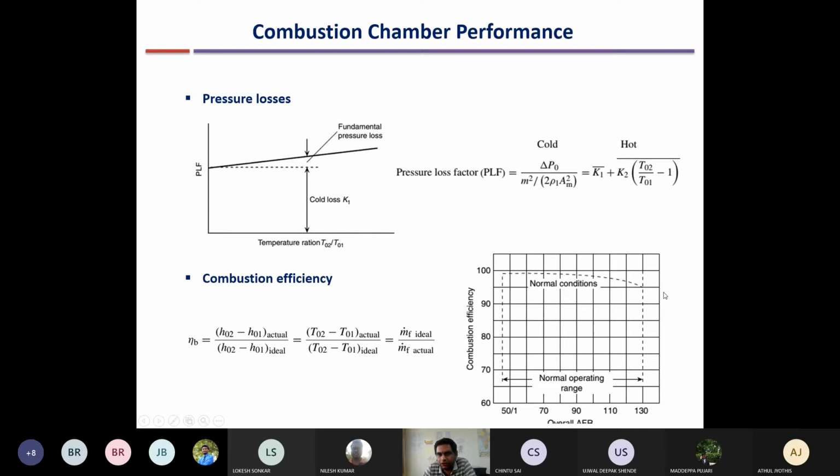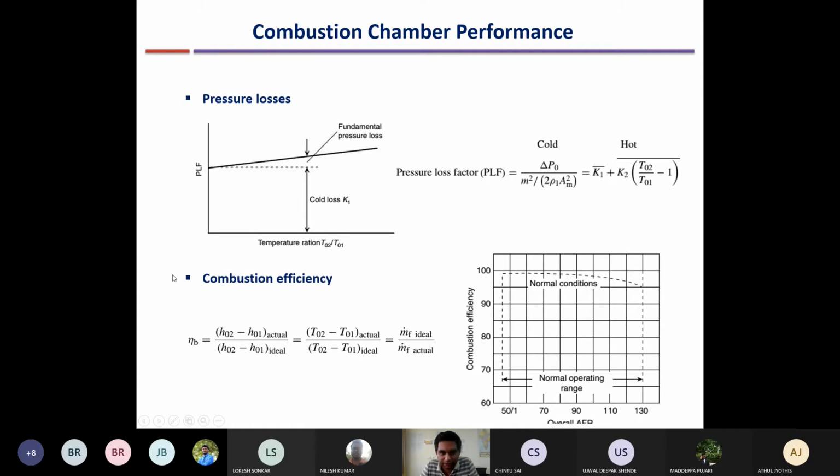So if the reaction rate is low, there is not sufficient time available in the combustion chamber for full reaction to occur. So the combustion efficiency goes down in that case also, when a very high amount of air is present. You have to think logically. High air means low temperature, means low reaction rate, means more time is required for reaction, but the time is fixed. Time is how much time it takes for the air to go from the inlet to the exit of the combustion chamber. So within that time, full combustion will not happen, and the efficiency will go down slightly, as you can see, but it is still quite high. So this is the second parameter.